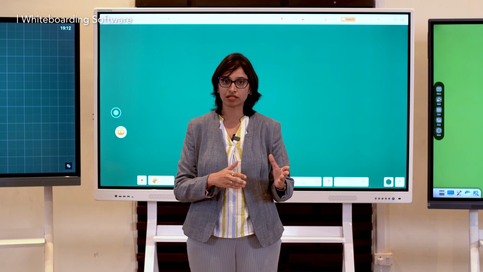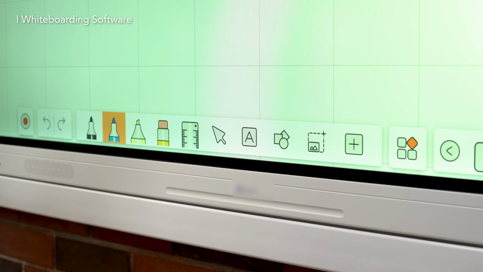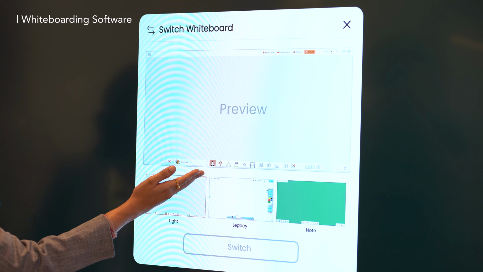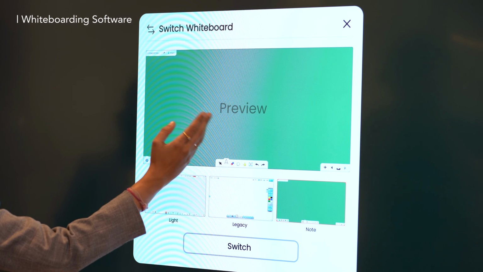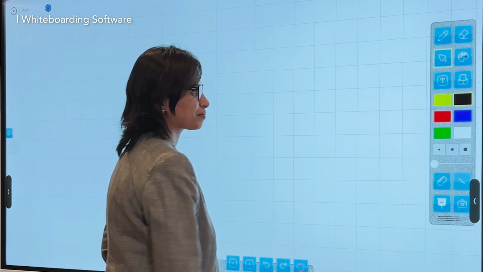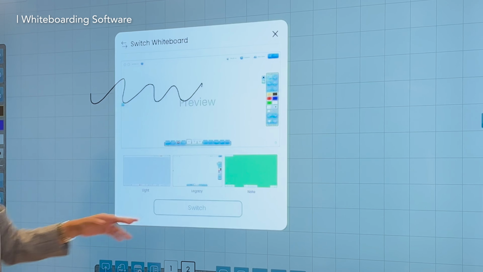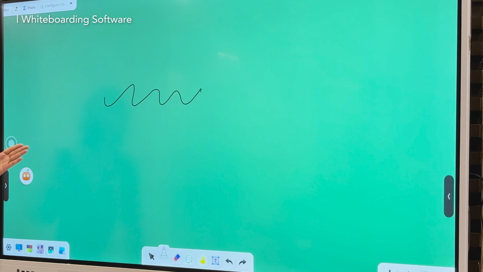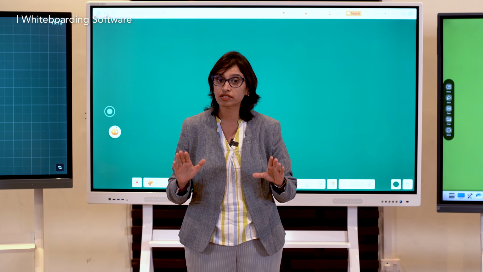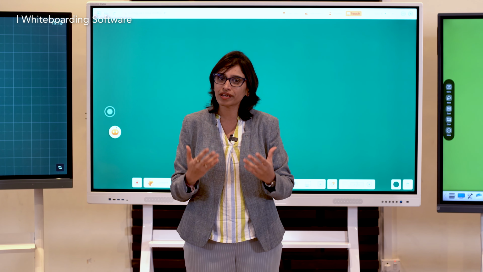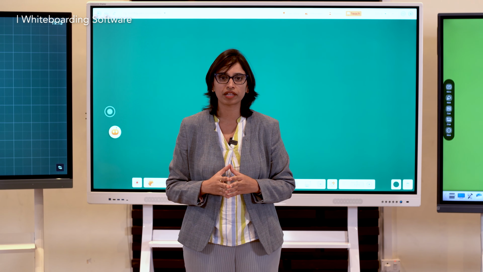In contrast, let's talk about the modern whiteboarding software, which offers customization options that allow teachers to personalize their UI according to their preference. For example, the toolbar can be moved to different positions or adjusted to match the user's comfort level. This flexibility is a significant advantage because teachers are not restricted to a single layout. Additionally, the interface is more intuitive and it becomes very easy for them to use.